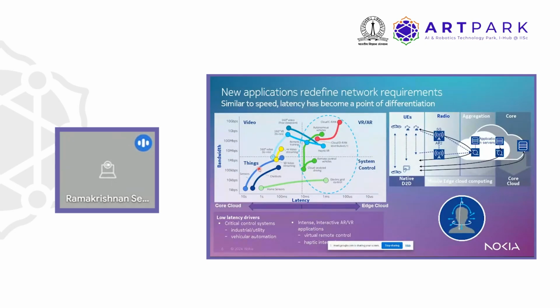So what is going to drive the new set of use cases and new set of requirements is primarily the ones on the right hand side, wherein the latency needs to be very low and the bandwidth needs to be quite high, right? And in this particular segment, which is encircled, is primarily where we see more thought has to be given in terms of how to redesign our existing 4G network.